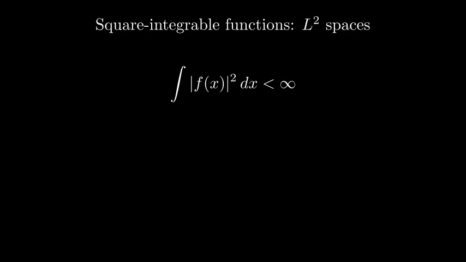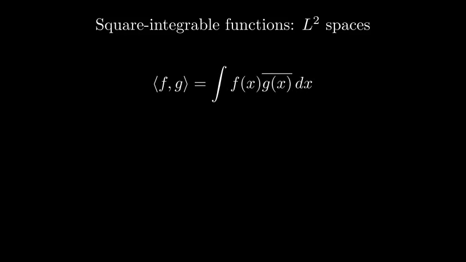One of the most well-known examples is the space of square integrable functions, often referred to as L-squared spaces. In these spaces, the functions f satisfy the condition that the integral of the absolute value of f(x) squared with respect to x is finite. The inner product in this space is defined as the integral of f(x) multiplied by the complex conjugate of g(x)